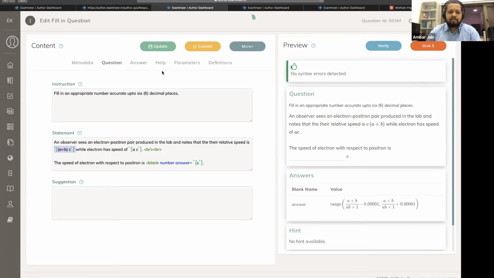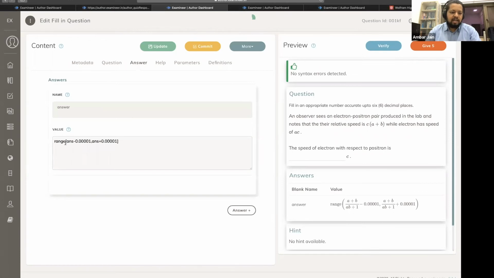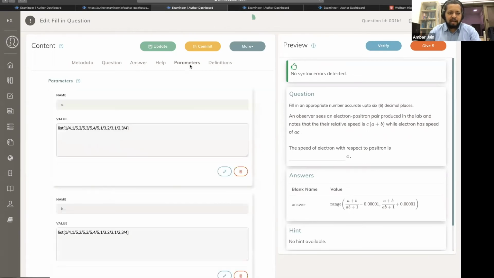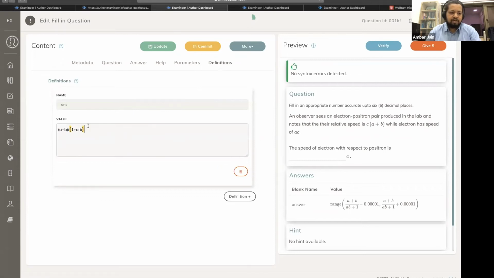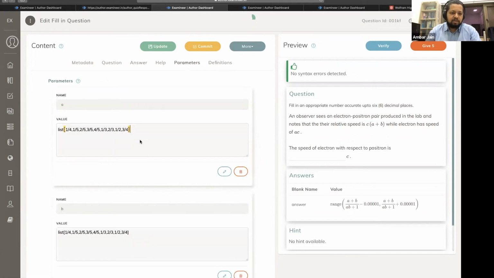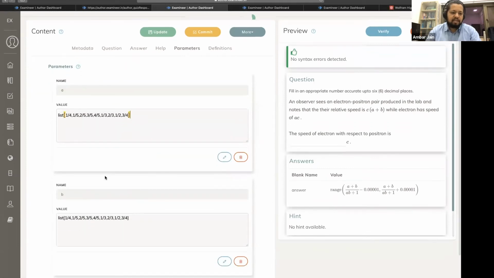And if I do a give 5, and I also set up the answer key. An answer key is some sort of computation which is defined in terms of this variable called answer. And this answer is defined over here. It's calculated in terms of parameters A and B, and the parameters A and B are defined over here as various things. So this A can be any of these values. Any one of these values will be chosen randomly, and B is any one of these values chosen randomly. I can also correlate A and B. So when a certain value of A is chosen, I can choose certain value of B, and so on.